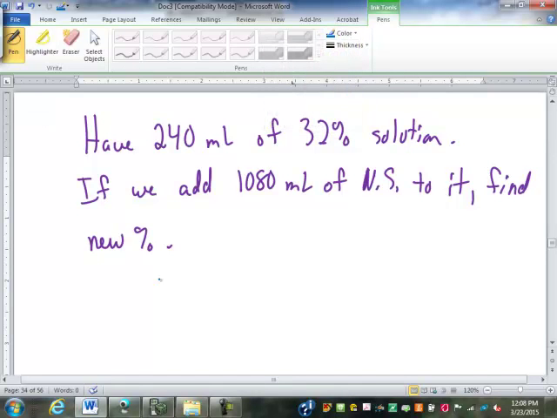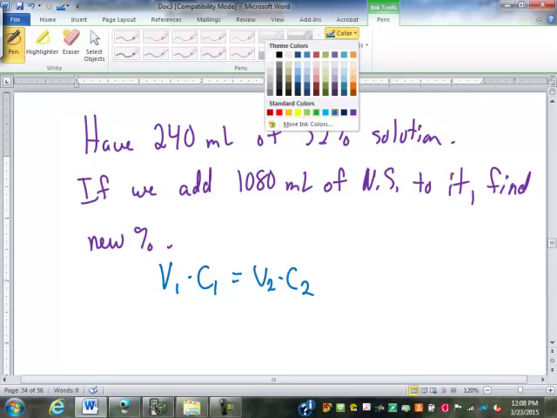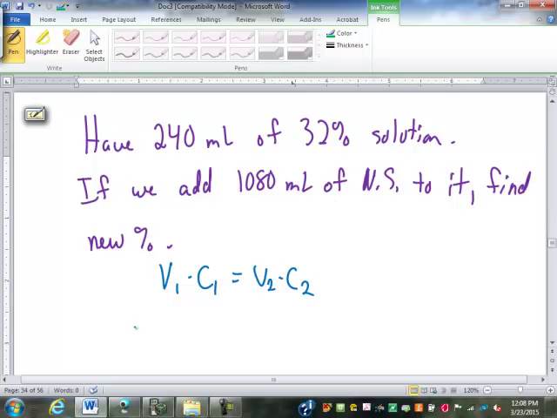So here we've got V1 times C1 equals V2 times C2. We have our V1 is the 240 milliliters times C1 is going to be the 32%, so just 32. On the other side, it doesn't look like we know anything. What we're trying to find is the percent, so that's going to be the C2,